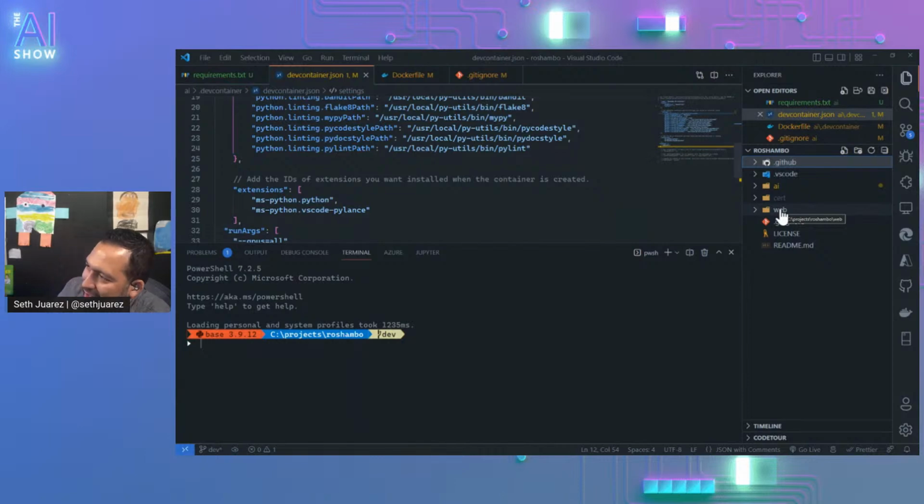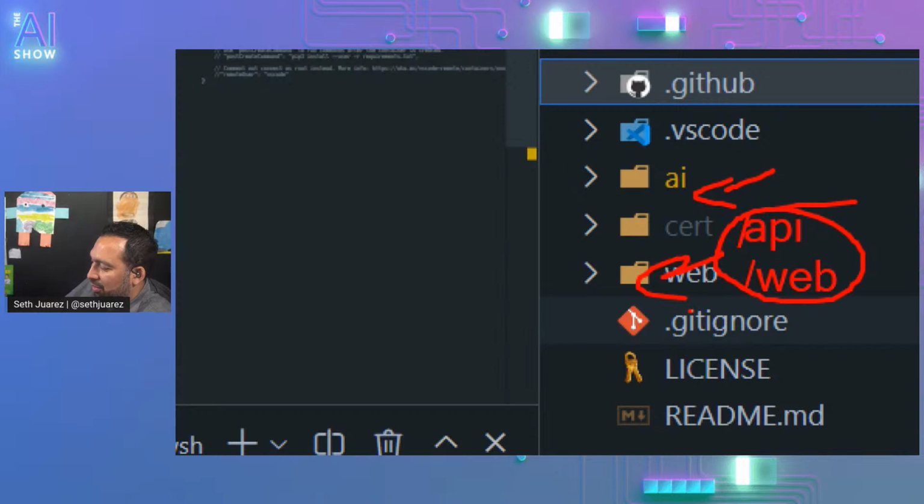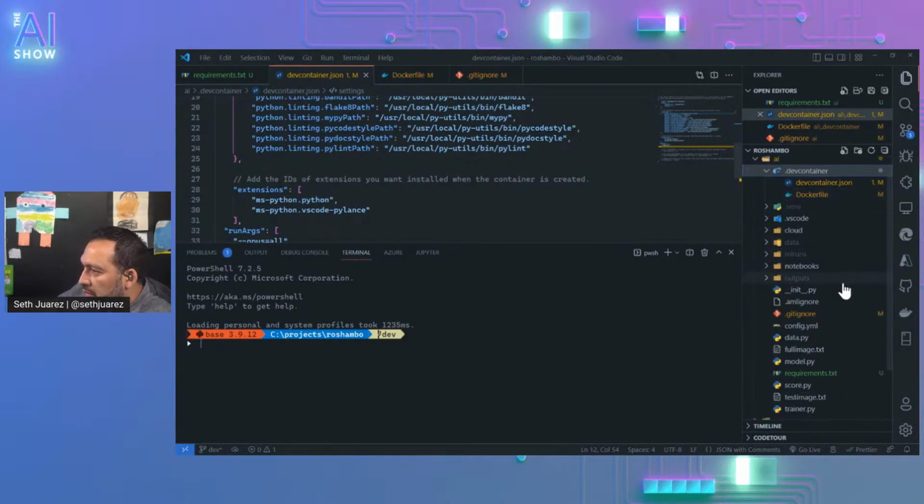Before, for those that are wondering, I had an API folder and I also had the web folder, right? And it was just like, what the heck? That's a lot. So I consolidated this into one. So let's go back. We'll leave this here as is.